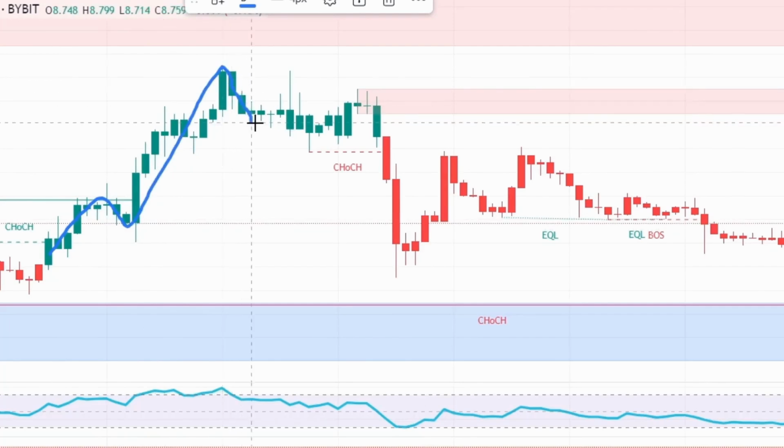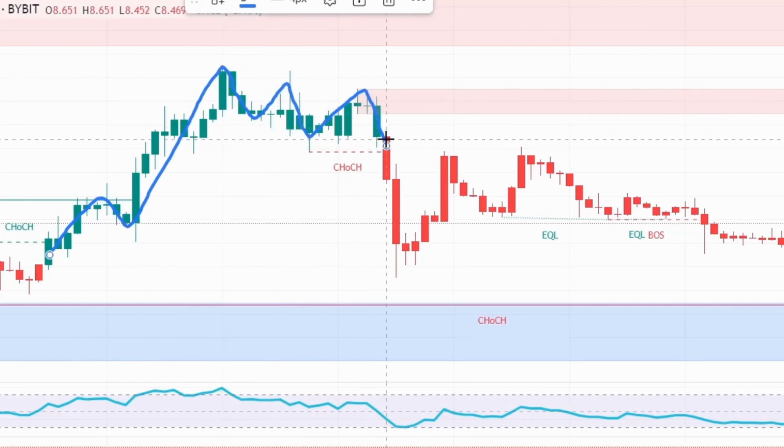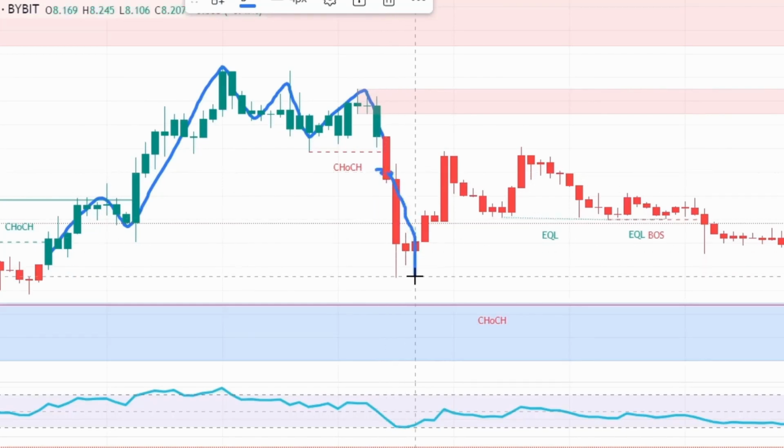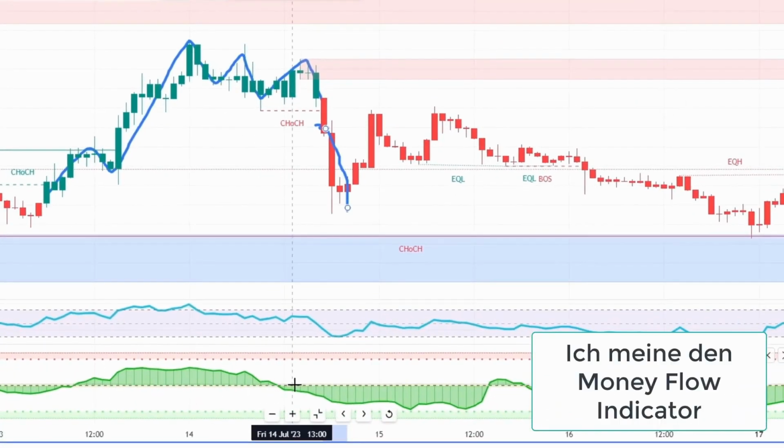Higher highs, higher lows. And then we weren't able to form new highs anymore. And it had already started that we were getting lower highs. In this case, this was broken here. Of course, you could say, I enter immediately at every change of structure. That's where the smart money concept indicator comes in, which confirms for you, you could, you should, whatever the case